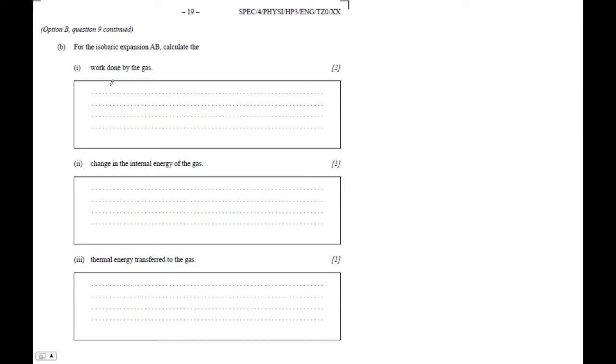So the work done by the gas for AB, remember it goes like this. The process goes up, and then it goes straight down, and then it goes curved. Here's A, B, C, and this is all on a nice diagram here. Okay, so the work done by the gas for AB for this little process here is P